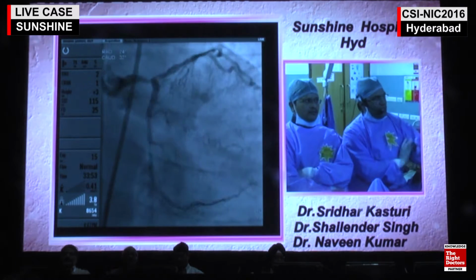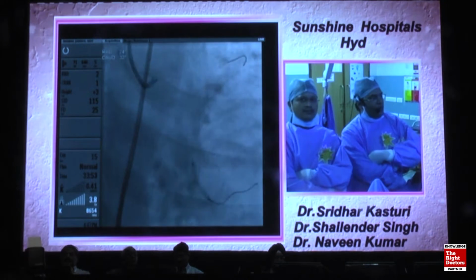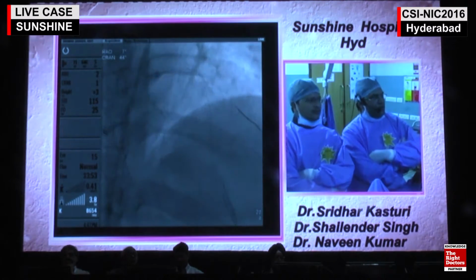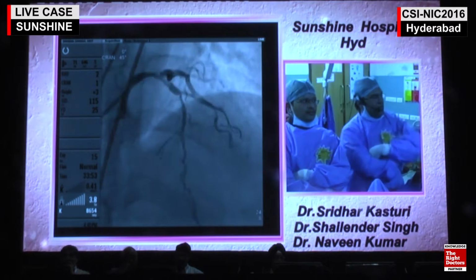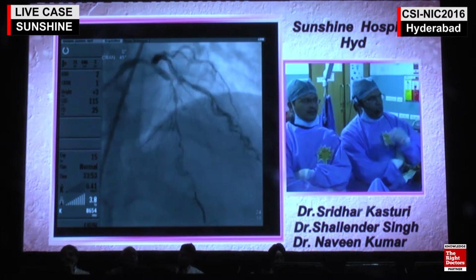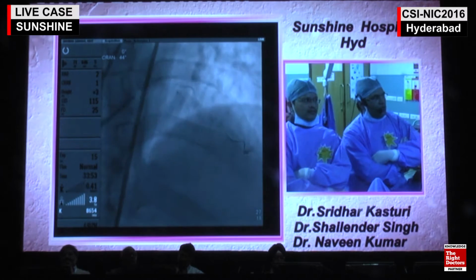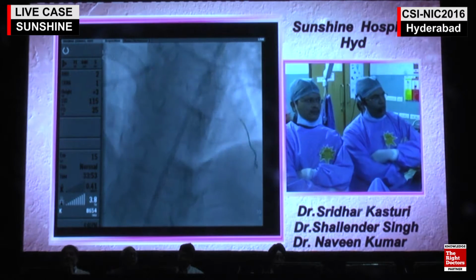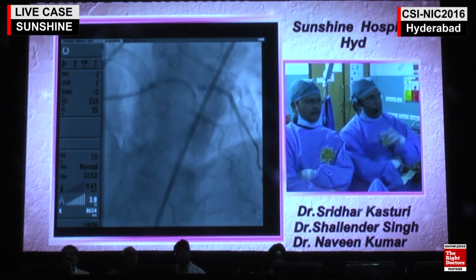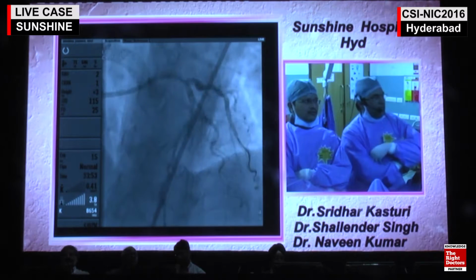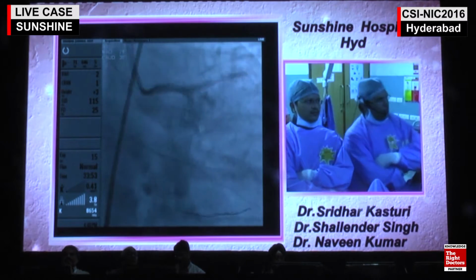Then alpha stent 2.5 by 18 mm. Go to the next. Very tortuous LAD and LAD LCX very tortuous. Still, in spite of tortuous, the alpha acted very well. So this is pre-dilatation. Go to the next. LCX dilatation. Go to the next. Next. These are alpha stent 3.5 by 28 mm stent. Go to the next. Then go to the next. Next.